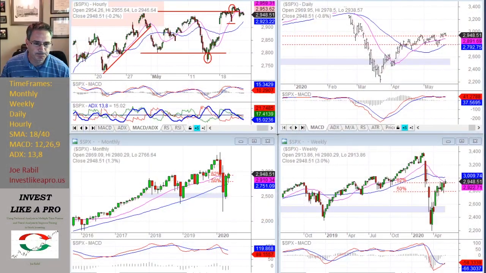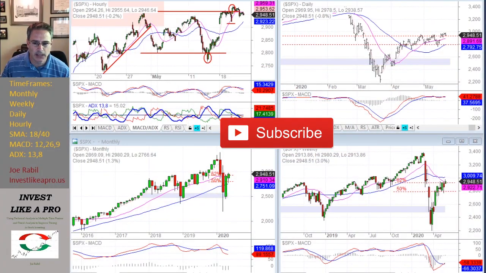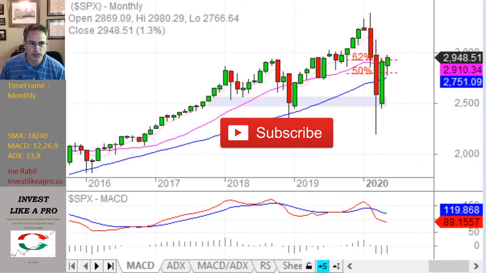A subscriber asked about taking profits. I'm going to give a real life example of how I take profits for a trend trade, and then how that would differ for something if I'm going to look at taking a shorter term profit. So let's get into the charts and start with the S&P, and actually we'll go zooming in on the monthly